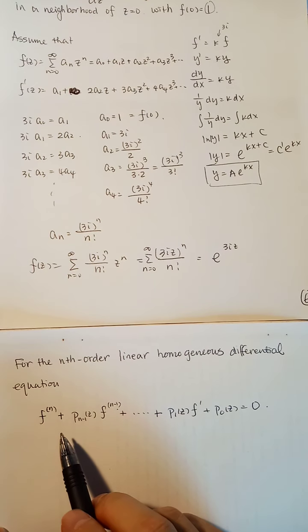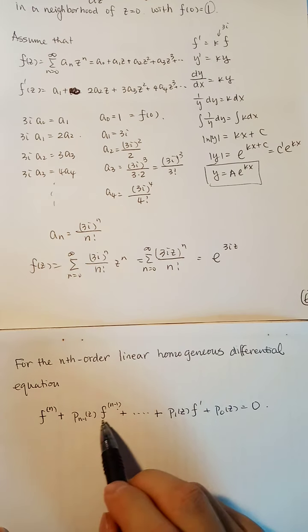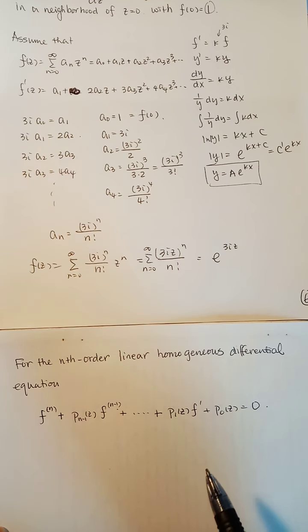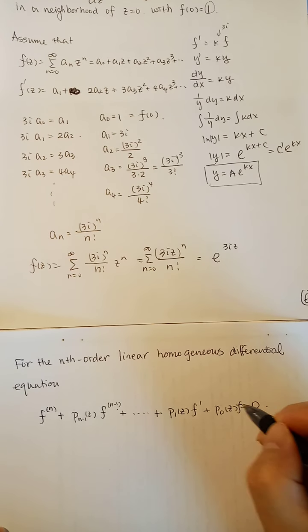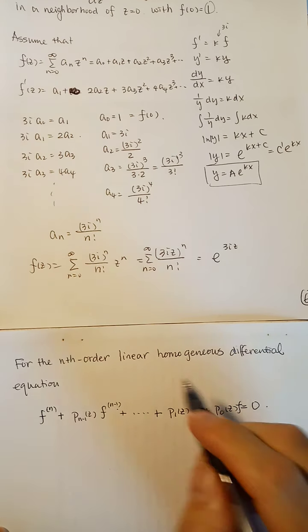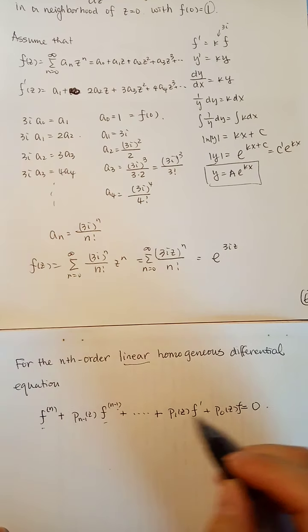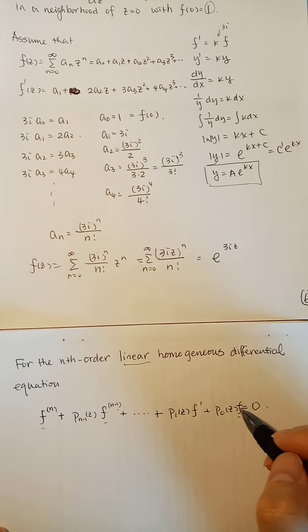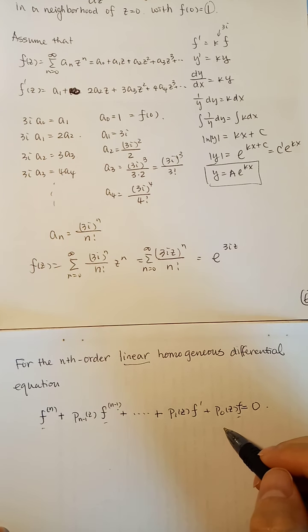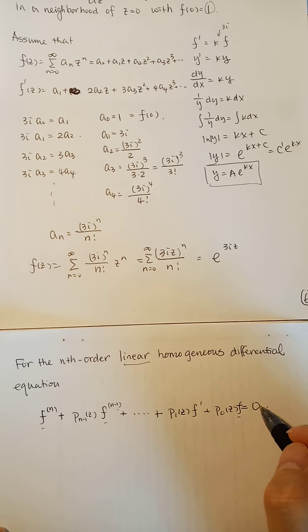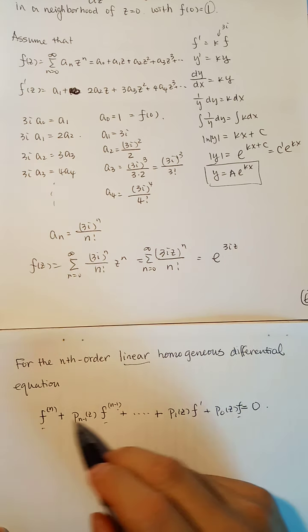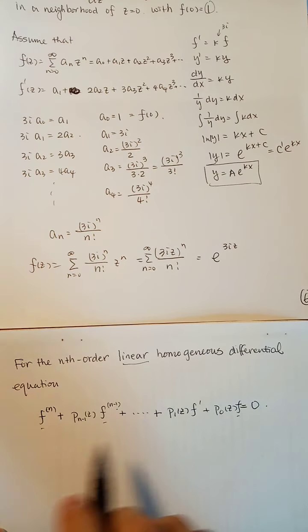So linear means for each derivative plus original function, my bad, original function. So linear means for each derivative and original function, it's just power 1. So that's linear. Homogeneous means the constant term is 0, homogeneous. Differential means you have derivative. For this equation,